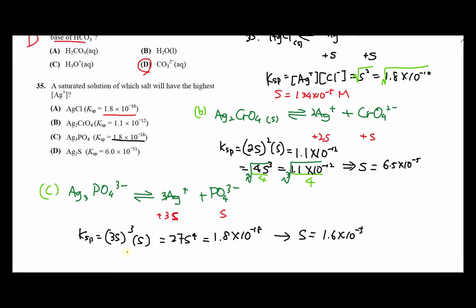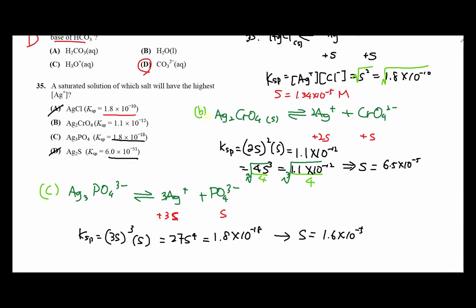Now you can do the same thing for D, but we have a really tiny KSP, and the formula is the same as the way we did in choice B. Because we have 2 silver ion and 1 sulfur ion, we are expected to have 2s and then s, and you're gonna get 4s cubed on the left side equals that. Because KSP is so small, we expect the solubility concentration to be small as well, so we can eliminate it right away. If you multiply this by 3, it's still not gonna be as much as 2 times the silver chromate, and silver chromate is already dominating in terms of the S here. Silver chloride is definitely the smallest out of these, and we cannot even multiply because it has only 1 mole of silver. So A is out,